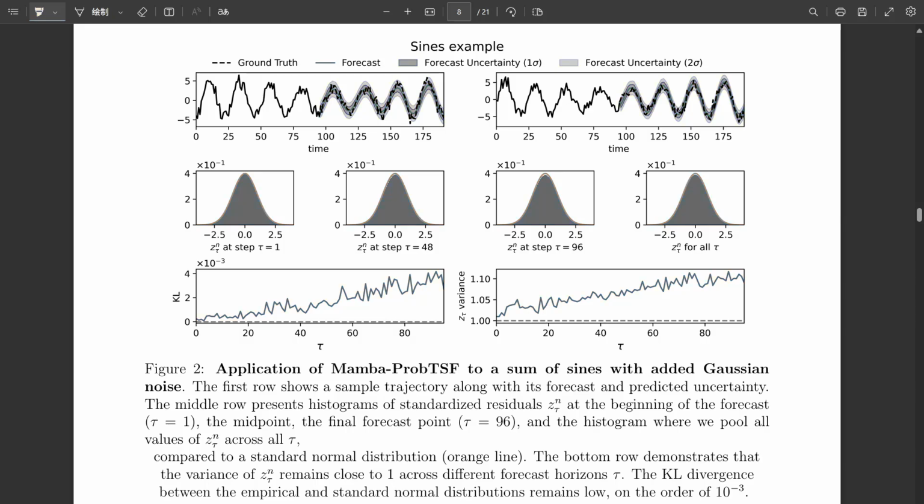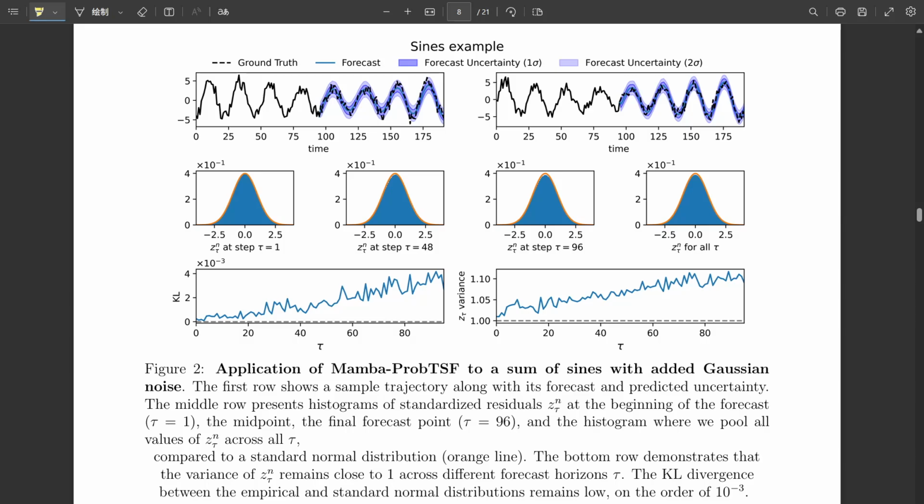It's actually quite intuitive. For every point in your forecast, you look at the actual observed value. Okay. You subtract the mean value that your mean network predicted for that point. Right, the error. Then you divide that error by the standard deviation that your network predicted for that same point. Remember, standard deviation is just the square root of the variance. So it's actual value minus predicted mean, divided by predicted standard deviation. Exactly. You're essentially asking, how many predicted standard deviations away was the actual outcome from my mean forecast? Okay, I get the calculation. What does it tell you?